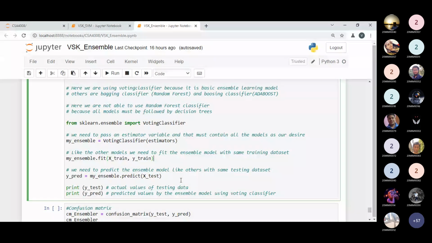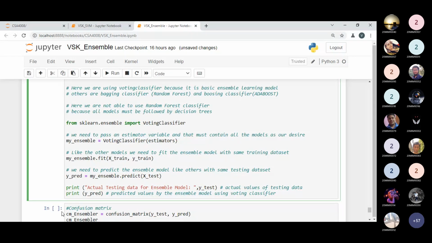So y_test is the actual testing data. I can write over here: this is the actual testing data for the ensemble model. Same thing, this will be the predicted data.